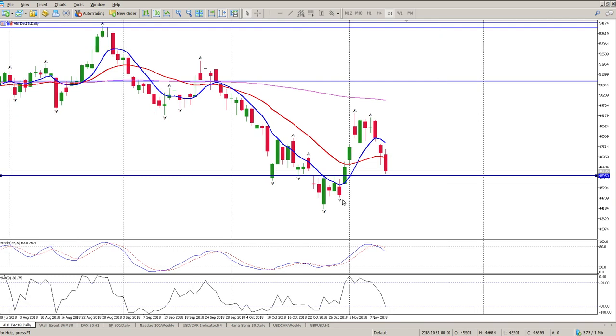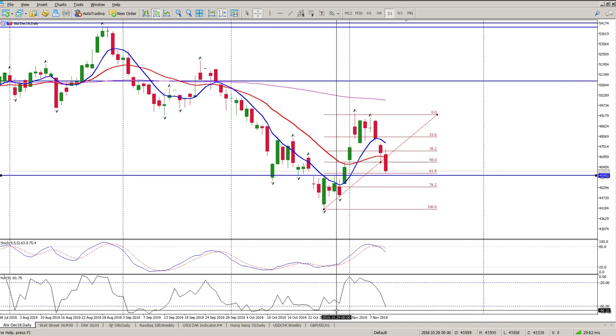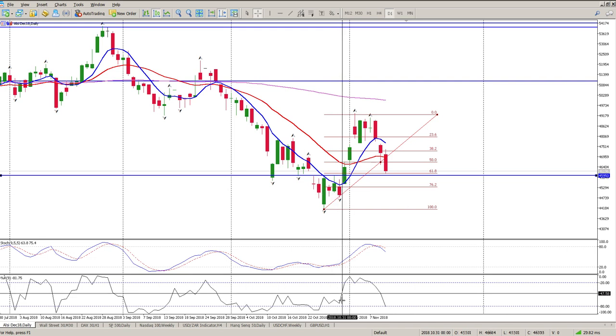So anyway, a couple other things to bear in mind at the moment: from there to there, I have 61.8 heading to 76.2, but if I take the whole move, you'll see I'm at the 61.8 at the moment. Okay, so 61.8 Fibonacci retracement, oscillator starting to group to the downside here, and at the same time, some divergences brewing. So not quite there yet, but I anticipate, well, if you take it from this swing low here, it's